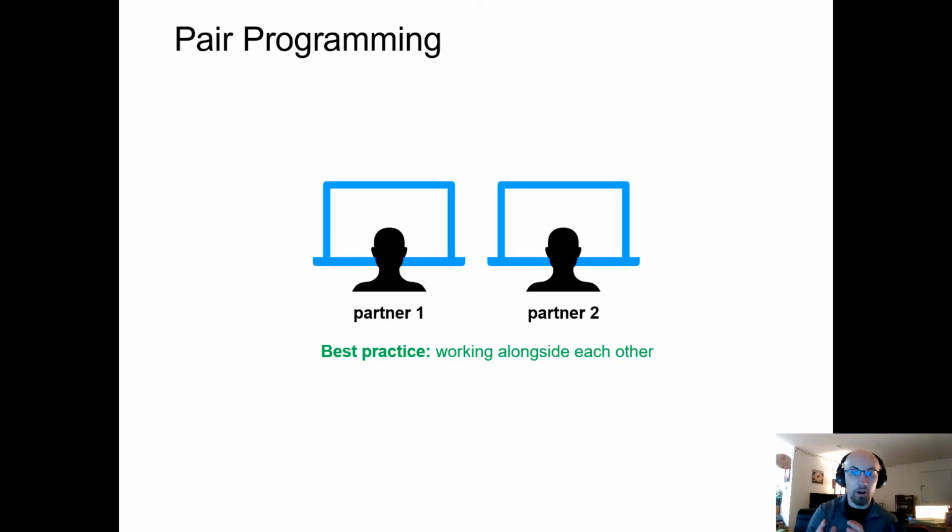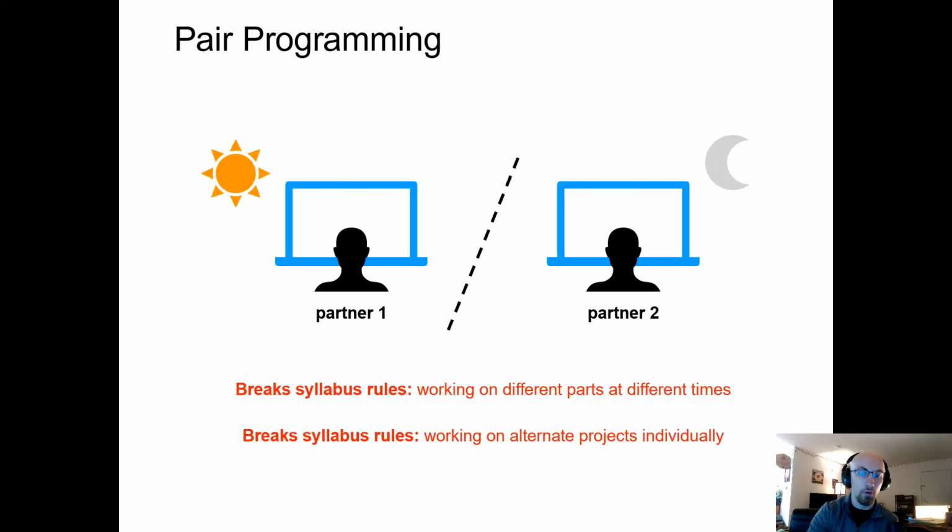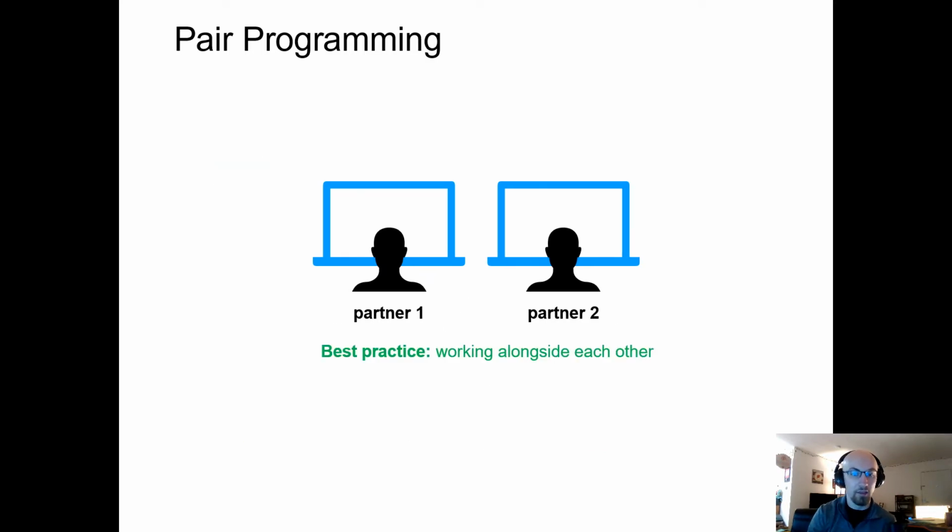So how we're requiring partners to work together is that you work side by side. This here shows the way that you should be working with each other, where both partners are working on the same project at the same time in the same place. What we don't want to happen is something like this, where one partner works on the first half during the day and another partner works on the second half at night. So you're not allowed to work on different parts of the program. You're not allowed to work on different times of the program, and you aren't allowed to work on different programs. So partner 1 can't take program 1, partner 2 then takes program 2. That's not going to be allowed. It has to be the case where you're sitting side by side working on the program together at the same time at the same place.